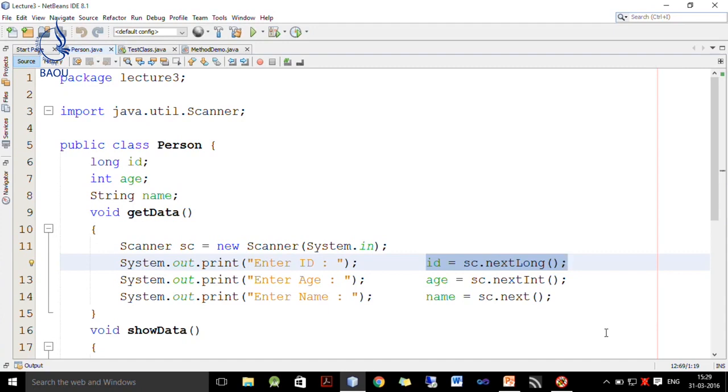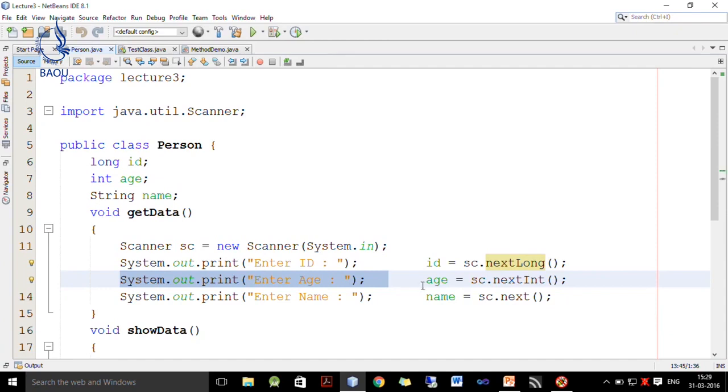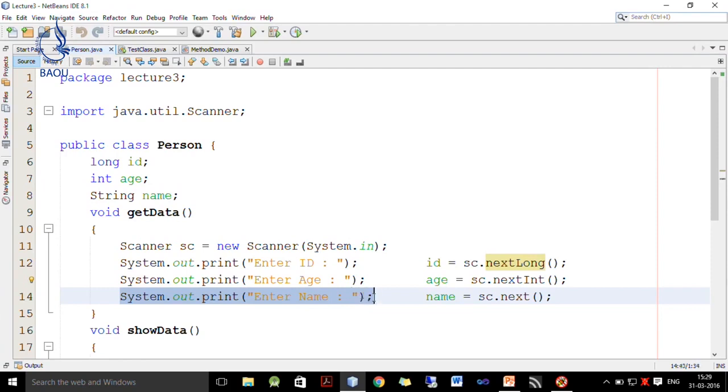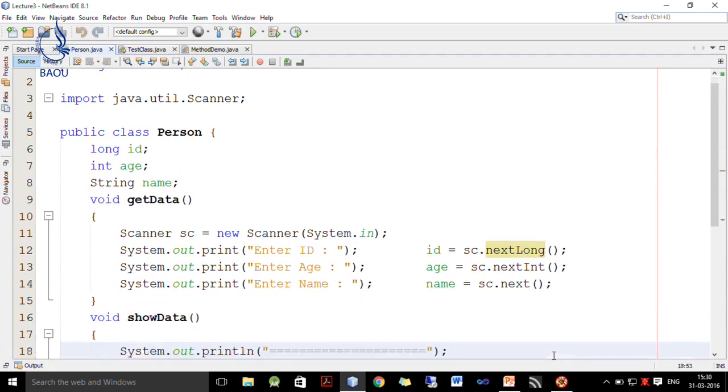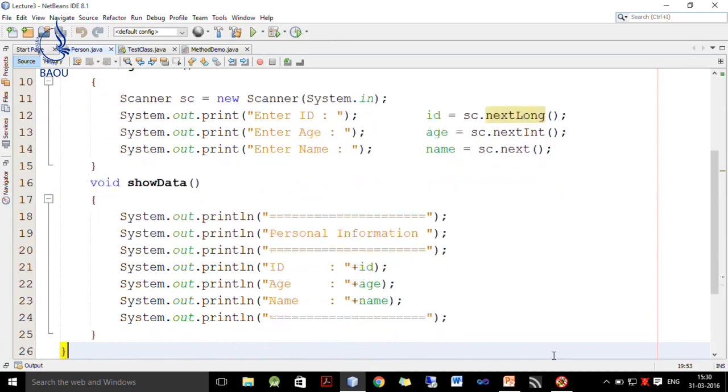Once ID is read, we ask the user to enter age and it is stored inside age by the method nextInt of the Scanner class, and finally, we read the name of the person from the user using the next method, because next returns a string. So, I hope you can understand this getData method which actually reads data from the user.